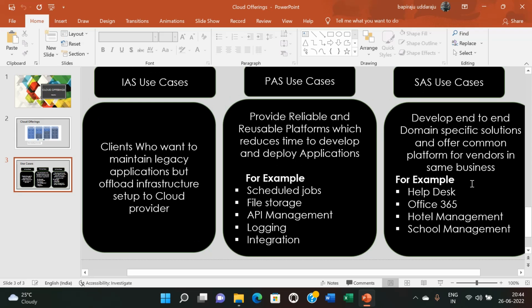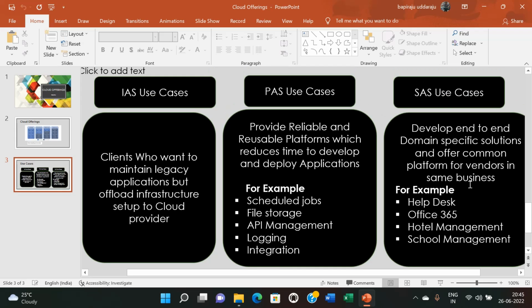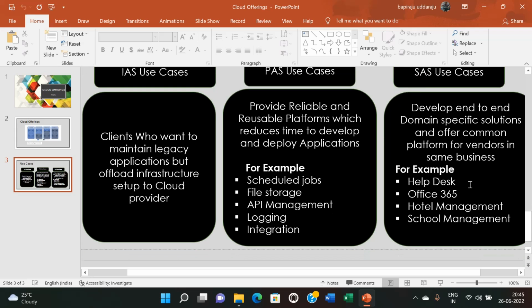But how will the software as a service provider get the advantage? The reason is, he will provide this service to more than one vendor. Let us say he is providing the service to 10 vendors or 100 vendors. 100 multiplied by the amount he is offering, that much he will get as revenue. So in this situation, both the service provider and the vendor get the advantage.